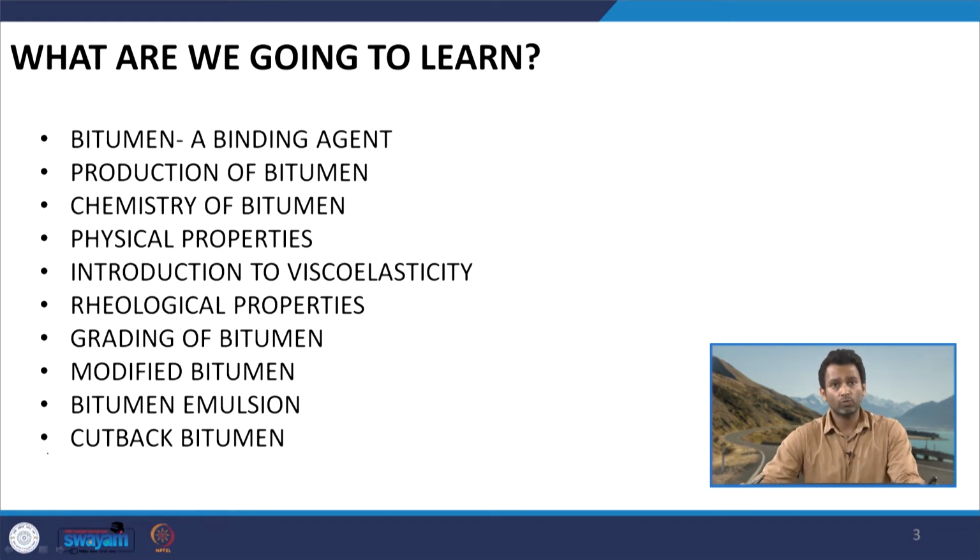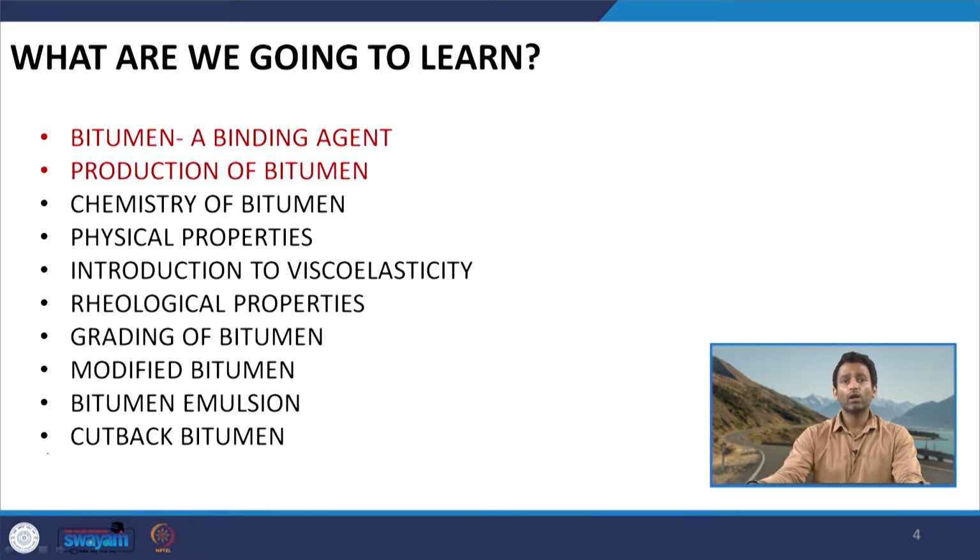about the physical properties of bitumen and the importance of various physical tests which we carry out in the laboratory. We will also talk about the general viscoelastic characteristic of the bitumen and the rheological tests and properties which are studied to understand the viscoelastic phenomena. We will further discuss the grading of bitumen, and we will complete this module by understanding modification of bitumen, bitumen emulsion and cutback bitumen. So, today we are going to start this module by discussing bitumen as a binding agent and understanding the